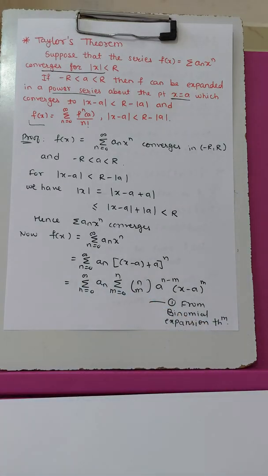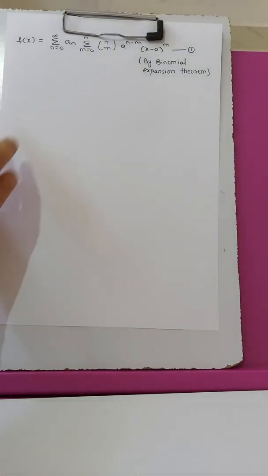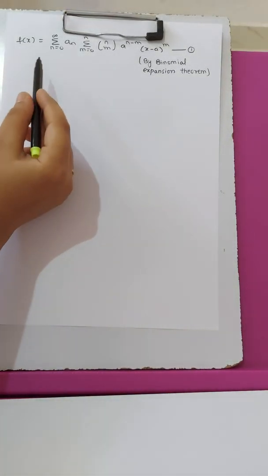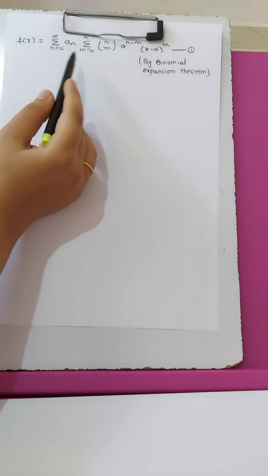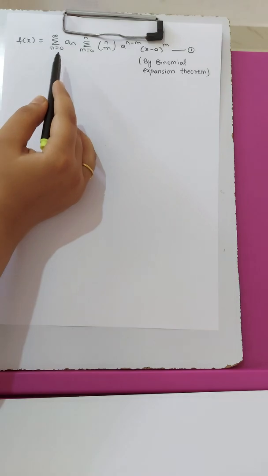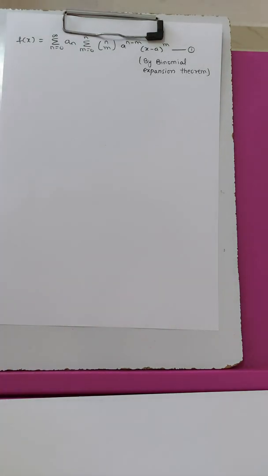Binomial expansion theorem. Now here we can change the order of summation in this expansion, as the summation by rows of a double series is absolutely convergent, and hence the summation by column will also be convergent to the same sum. So now we will replace this